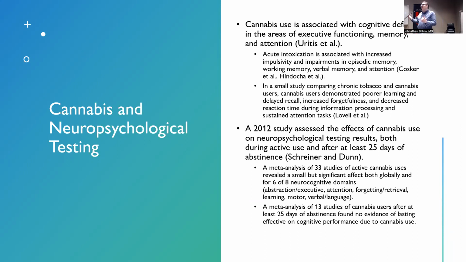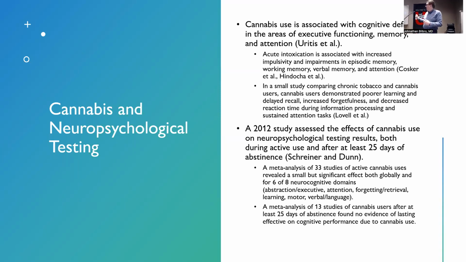The question then becomes, if you're evaluating a patient for ADHD and they're a cannabis user, how long do you wait? If you tell them, I want you to abstain from cannabis use, if you were going to refer them for neuropsych testing, for example, how long would you wait? Like, how long would they need to be abstinent for those effects no longer to be present?